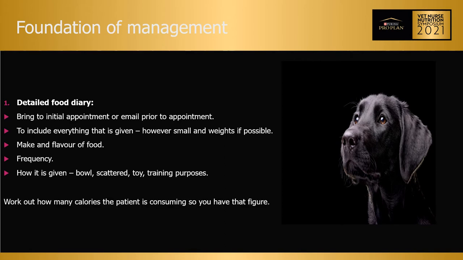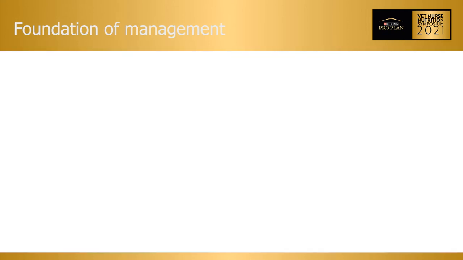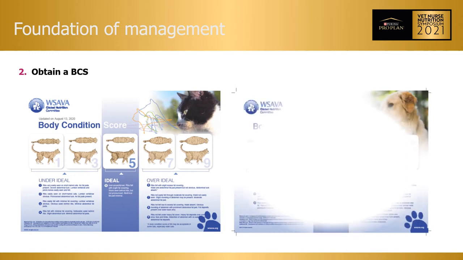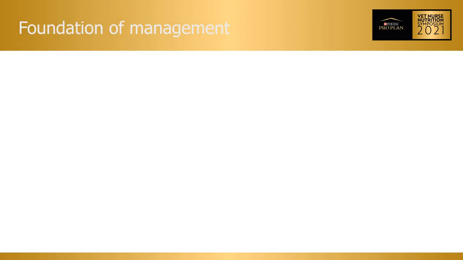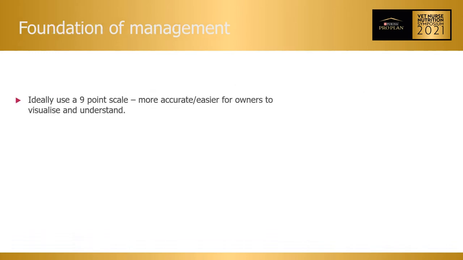And then I'll work out how many calories the patient's consuming so that I've got that figure, and then I can compare that figure to how much that patient is actually consuming currently. When these patients are at clinic, I'll obtain a body condition score. I prefer to use the 9-point scale. I find it's far more accurate to use, and therefore it's also easier for owners to visualise and understand what I'm looking for, what I'm feeling for, and where I hope to get their animals to at the end of